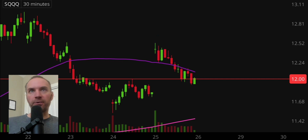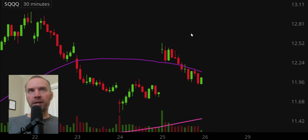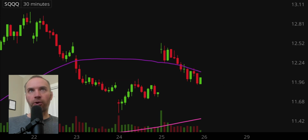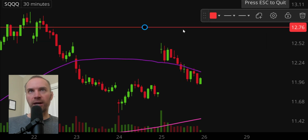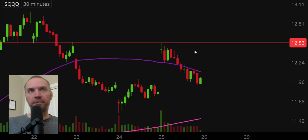And a very eventful day on this one. Started off quite strong, but you can see after that, essentially a gap and trap and pulled back the rest of the day. I'm going to go ahead and get rid of this level because it served its purpose for now. But let's just start with the resistance because moving forward, there's been a very well-defined resistance that has made itself apparent. And that's right here at 1253. In fact, going back through the history of things, it makes good sense too based on the rules of charting,